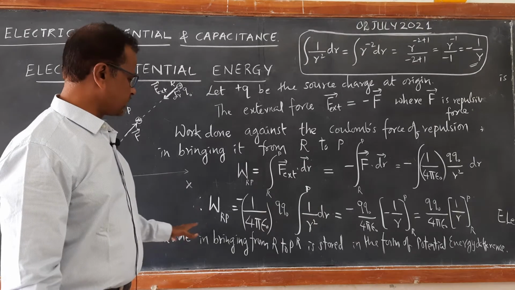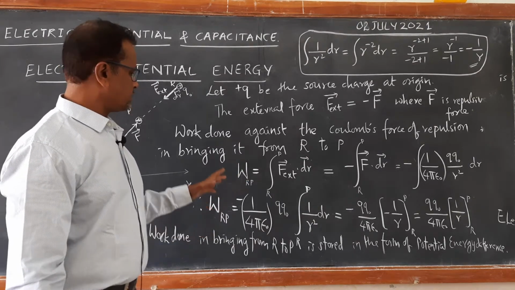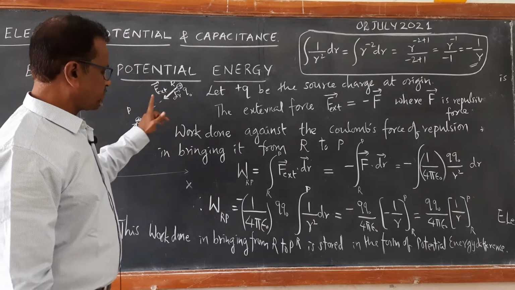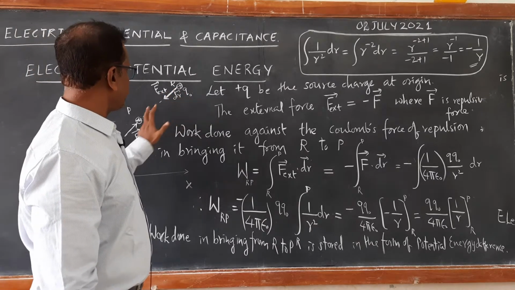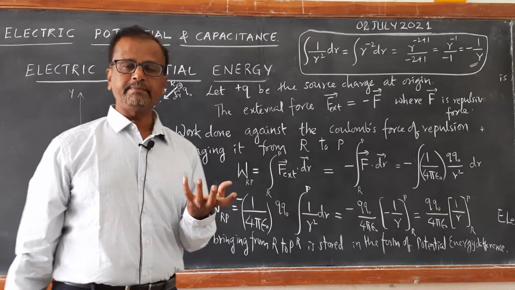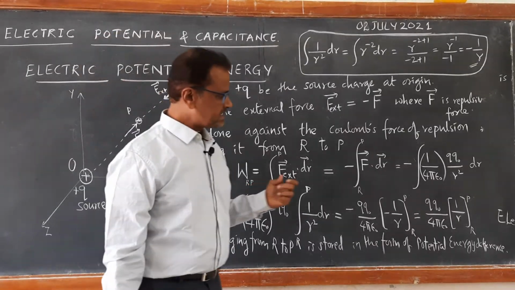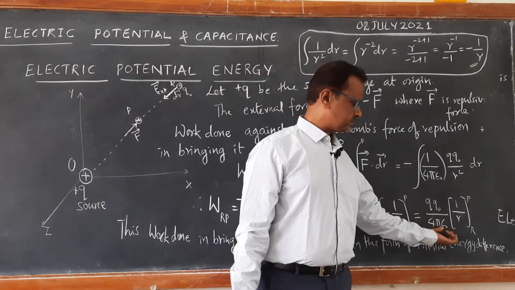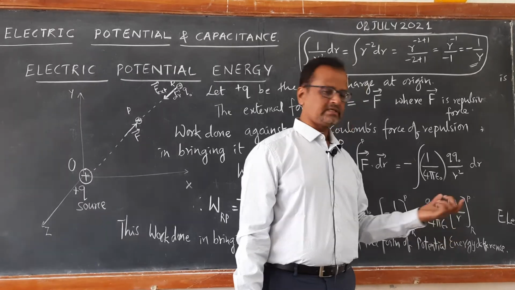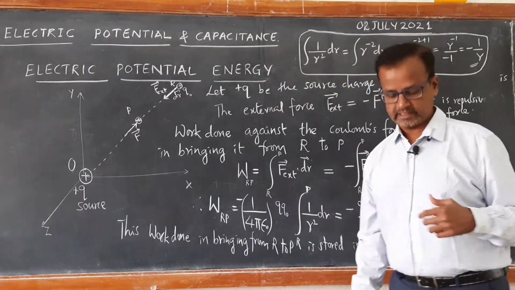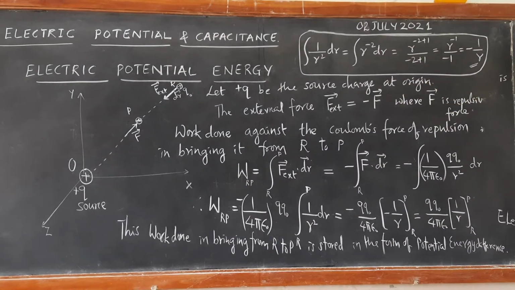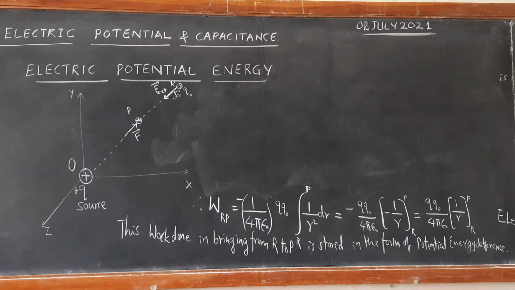The potential energy at a point P and the potential energy at point R, when you take the difference between them, definitely we get the potential energy difference. This positive value itself gives us the potential energy difference. Let us see that step once again. I will solve it so that the correction is done. So, I am continuing here.